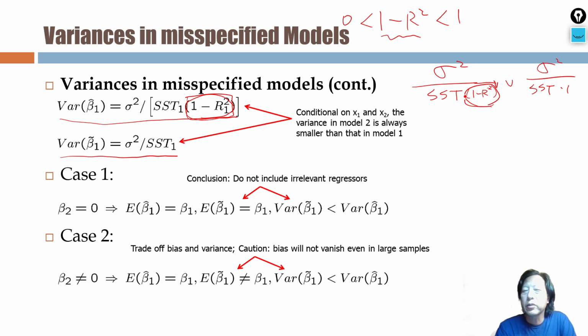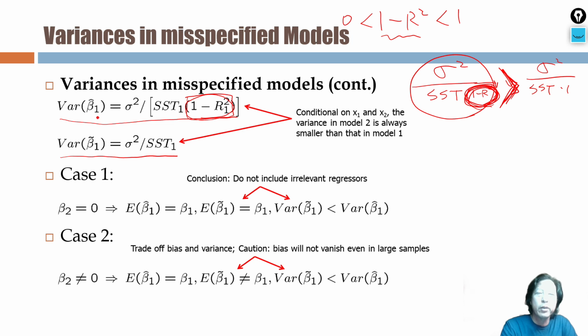So if you have something in the denominator that is less than 1, this actually makes the total bigger, right? Because you are dividing by a certain number less than 1, so the total number is getting bigger. So this is always bigger. So if you omit one variable, you may increase the bias, but you can reduce the variance,